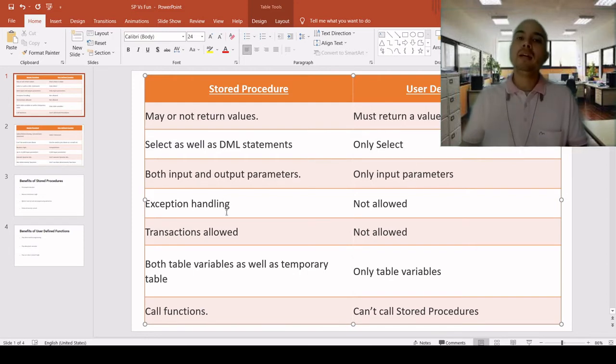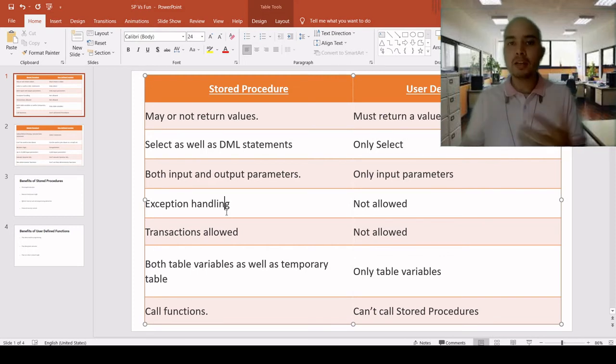Exception handling like try and catch, we can write try and catch in the stored procedure, but we cannot write try and catch in the user-defined functions. Basically, exception handling is not allowed in user-defined functions. Transactions are allowed in stored procedures.